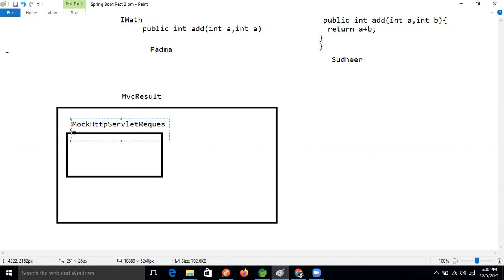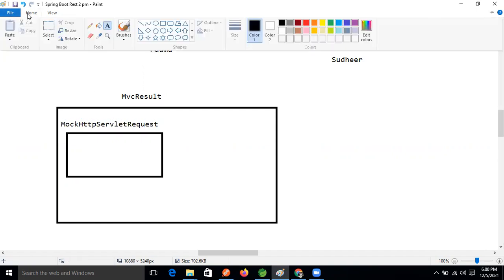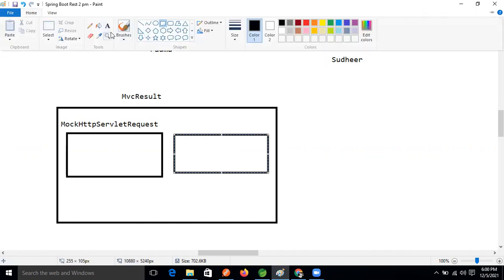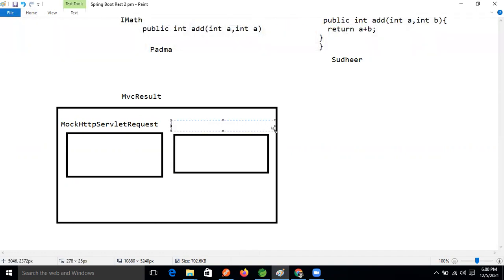Using this one we are making the request, right? This is one object. Another object name is MockHttpServletResponse.